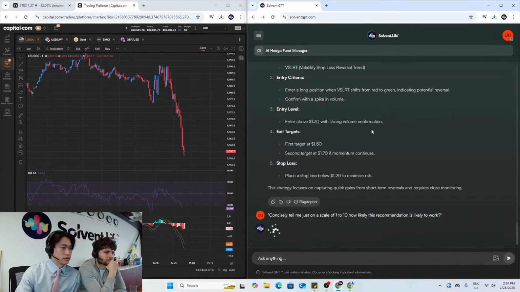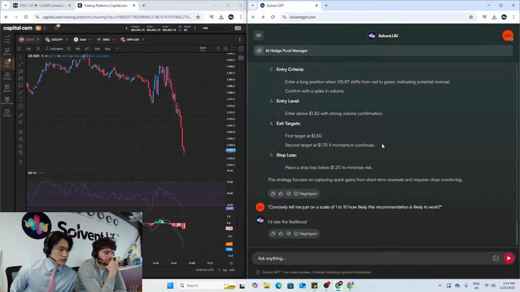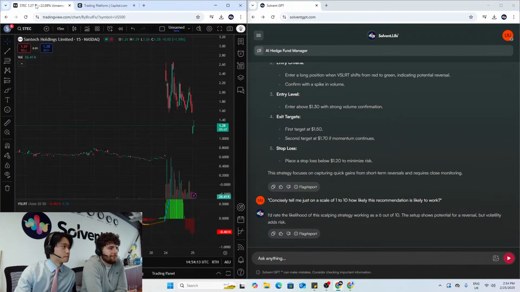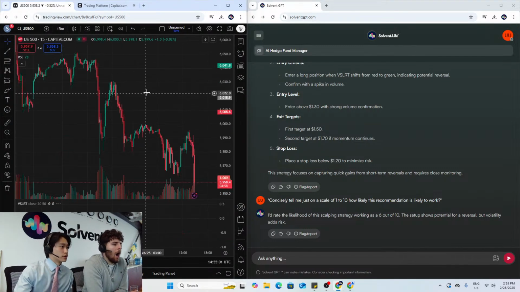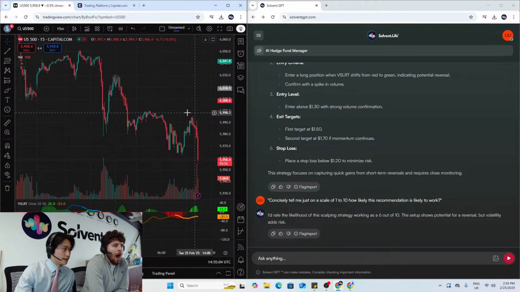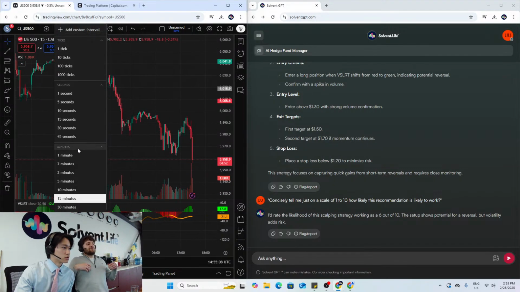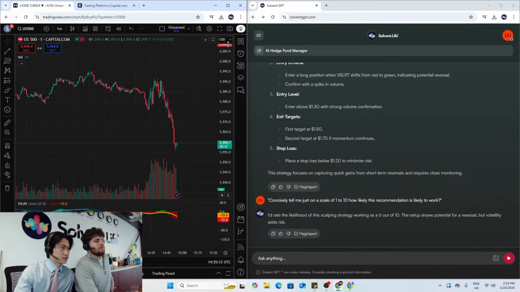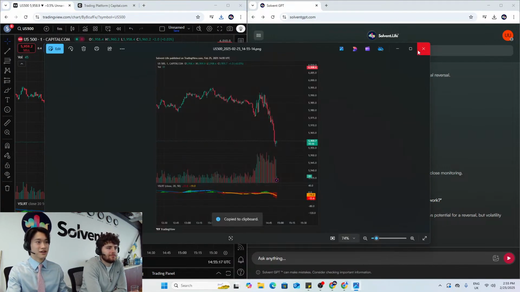Let's ask again, how likely is this to happen? It says enter at $1.30. First target 150. 6 out of 10. Okay. Fine. Can have a look at those stocks tomorrow, but for today, I think we'll quickly try and see if we can catch this reversal, if the stars can align in our last 5 minutes.